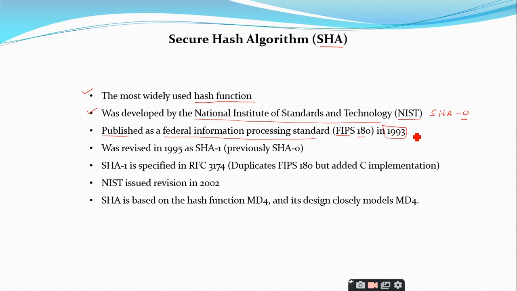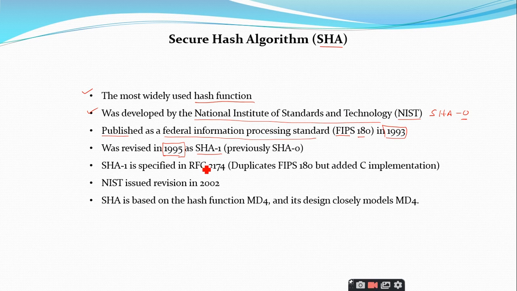So, this secure hash algorithm is an age-old algorithm, but still it is being used because of its strengths. We will discuss the strengths of the SHA algorithm at the end of this session. And in 1995, the SHA was revised because they found some weaknesses inside SHA-0. They made the necessary modifications, published it in the year 1995, and called it SHA-1. We won't say it as version, you just call it SHA-1.